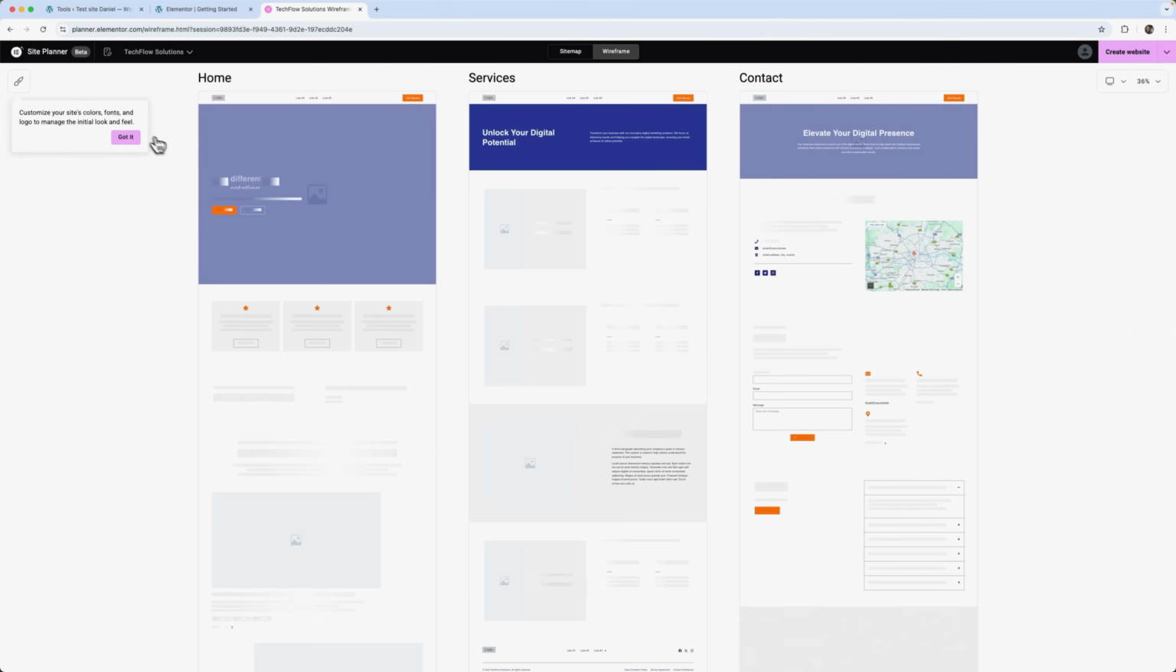What if your WordPress website could design itself, structure pages, write content, and build layouts, all with the help of